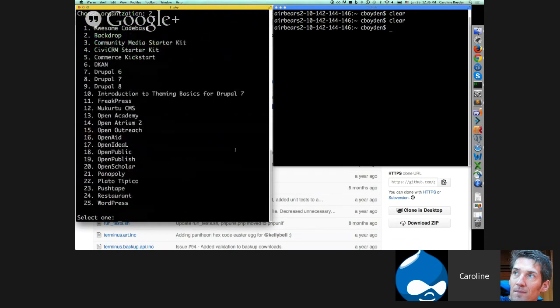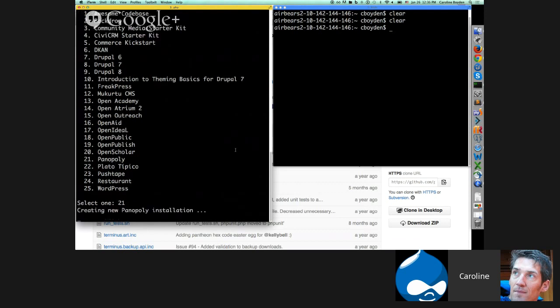And now I can choose a start state. These are all the start states you can choose. There are 25 of them, including WordPress, so it's not just Drupal you can do this way. You can work on your Pantheon WordPress sites. I'm going to choose Panopoly as my base distribution, so number 21. And now this is where it's going to take a while to kick off and work. So while we're waiting for that, I'm going to go over to this window and run